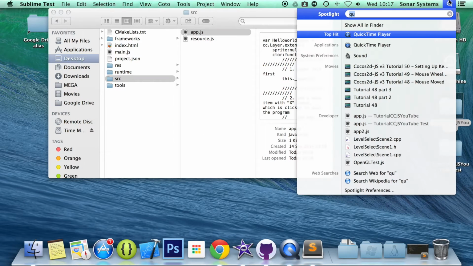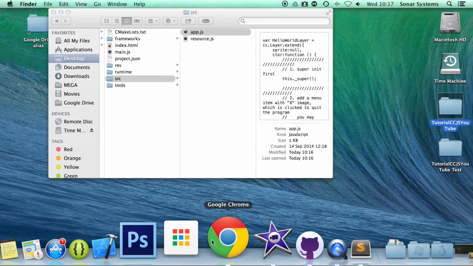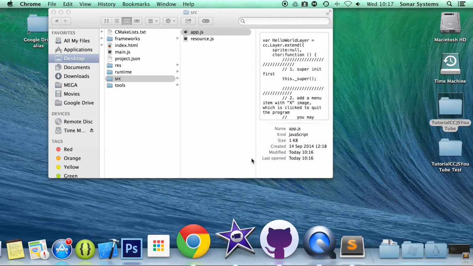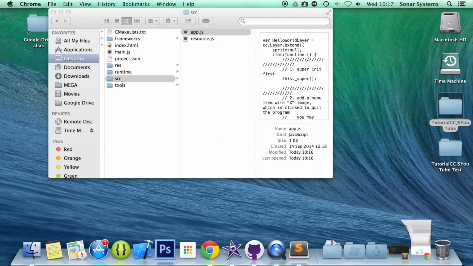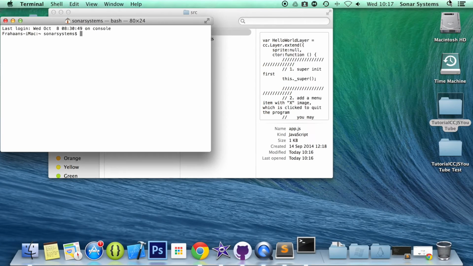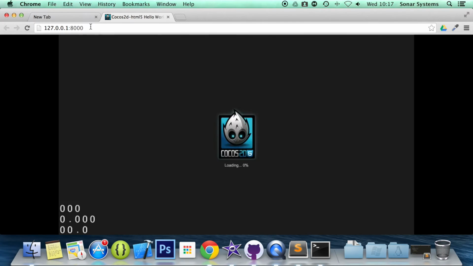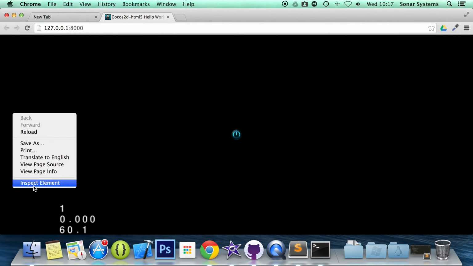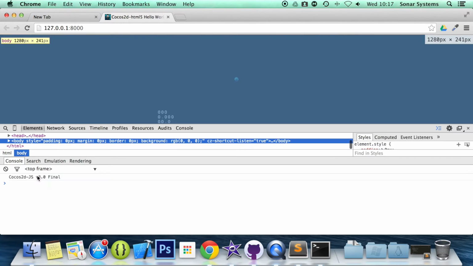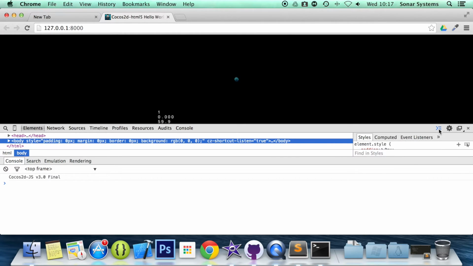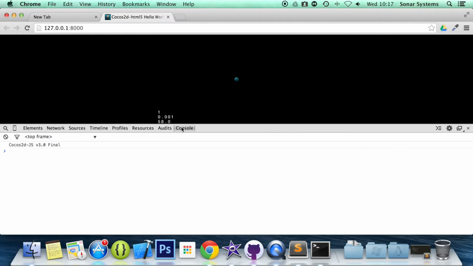First of all we need to open up terminal, change to our project directory, and run the project, so cocos run -p, then whatever platform you want to run it on. I'm just doing it on the web. Okay, so if we right click, inspect element, and go to console,